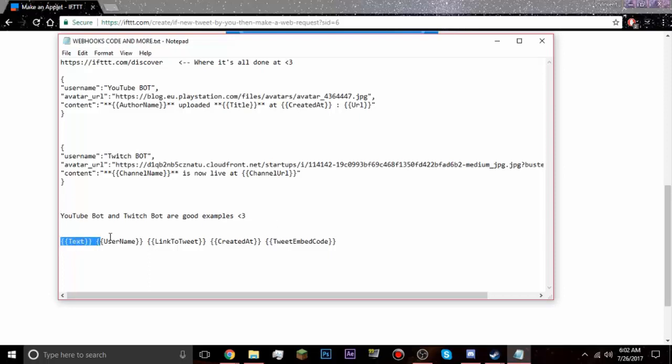But I like to add all the ingredients that it has to offer, put them in a notepad, use the coding, and then retype the coding, replacing some of the commands with the social media I want to use. So in this case for Twitter, I would do this: username, colon, quotes, Twitter bot. It has to be a comma, new line, avatar,